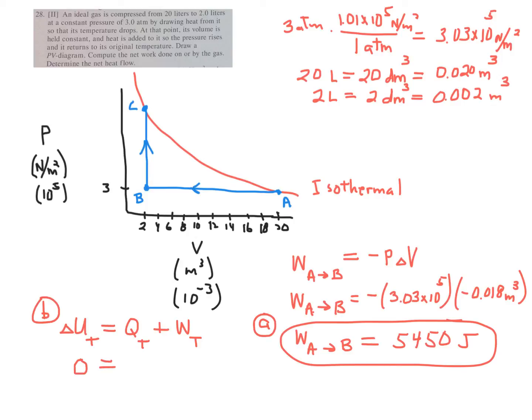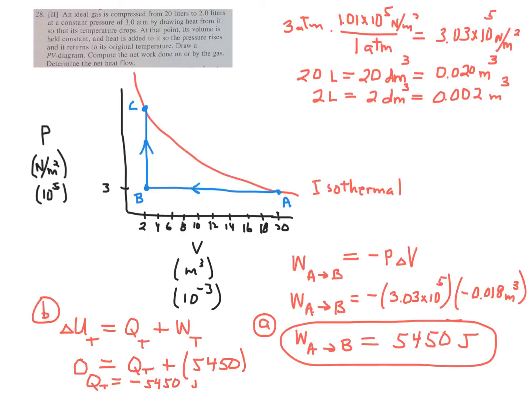We're looking for Q total. We don't know that. But we do know that the work total is 5,450, because there's no work from B to C. So the only work done is from A to B. Once again, following convention, it's positive 5,450 joules. So that tells you that the net heat flow is going to be negative 5,450. In other words, there's going to be heat flowing out of this gas. Q total, net heat flow, is negative